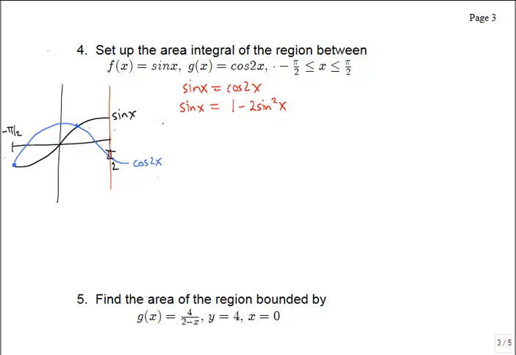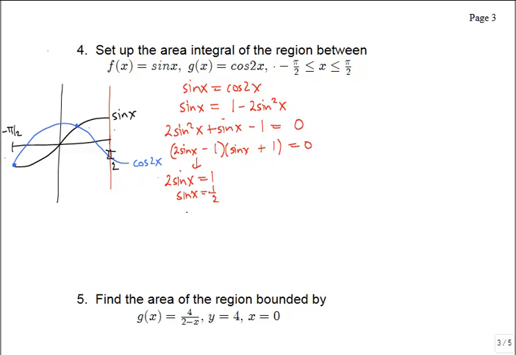Let's go ahead and add that 2 sine squared x to the left side, and let's subtract the 1, and this is now something that can factor. I can have a 2 sine x and a sine x to get 2 sine squared x, a 1 and a 1, and if I make the plus be on the second factor and the minus on the first factor, then I'll get a positive 1 in the middle. So then if I set each of these to 0, 2 sine x will equal to 1 when sine x